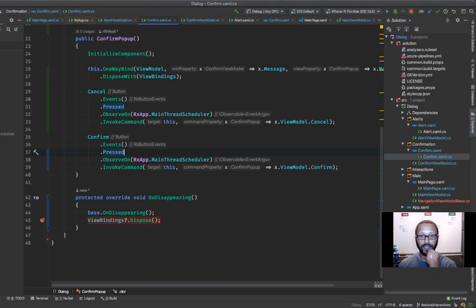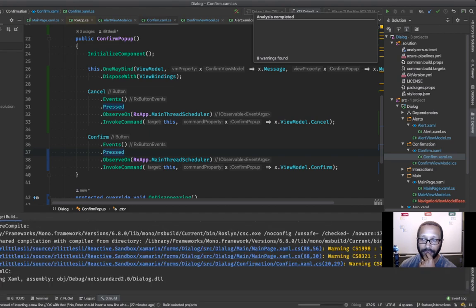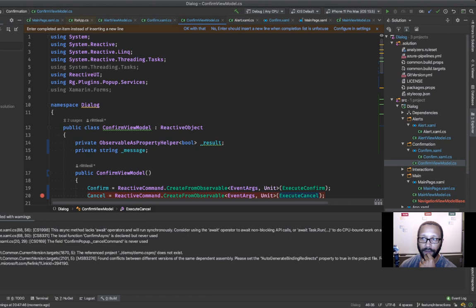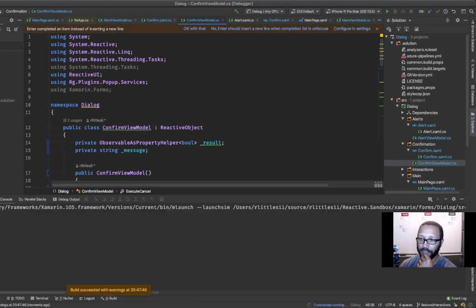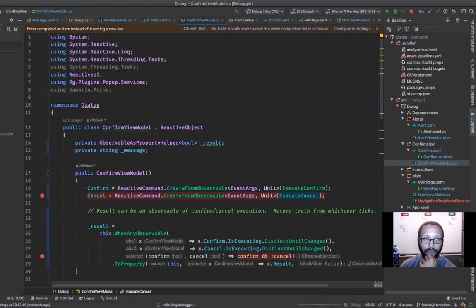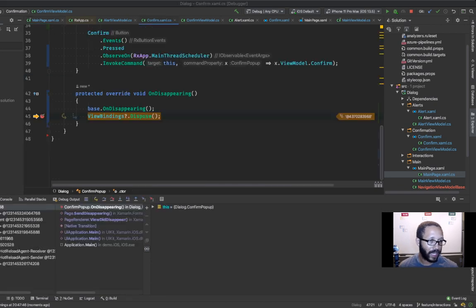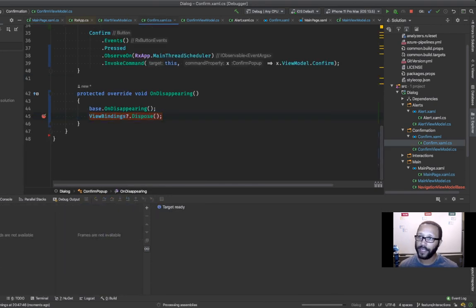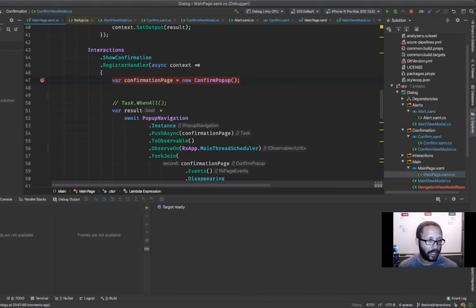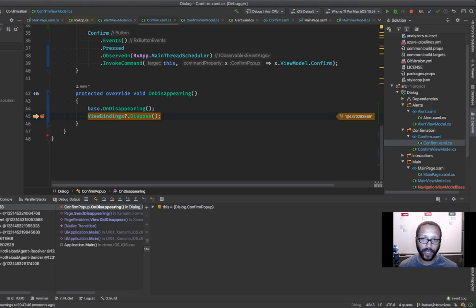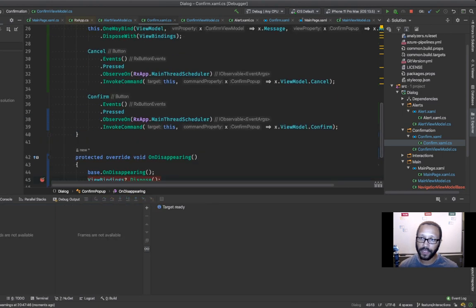So we'll stop this. I just want to see again in plain sight that this is actually a thing that is happening. And maybe I need to just clean my solution. Maybe that's my problem. I can accept that. Confirm, getting the confirmation pop-up. Okay, so now it's doing the thing. It's displaying it. Right? And because it's an Rg.Plugin.Popup page, when we click outside of its box, it goes away. So it's doing the disposable. All right, so if I kill that,